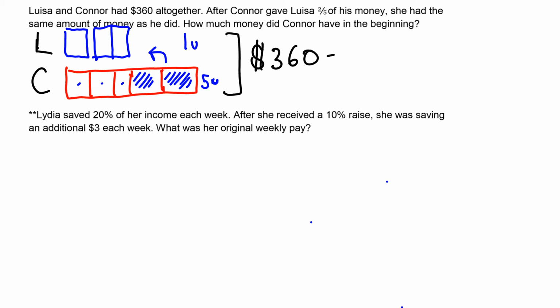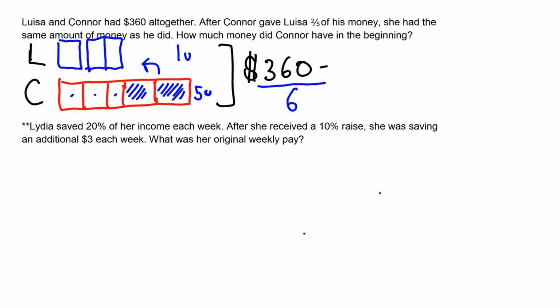To find out what each unit is worth, we're going to take 360 and divide it by 6. Now, 360 divided by 6 is going to give us a total of $60. So, there's our 60. Now, once we know that each unit is worth 60, that means that we can figure out that Mr. Connor here started with 5 units worth 60, so he had a total of $300 to start. That also tells us that Louisa started with